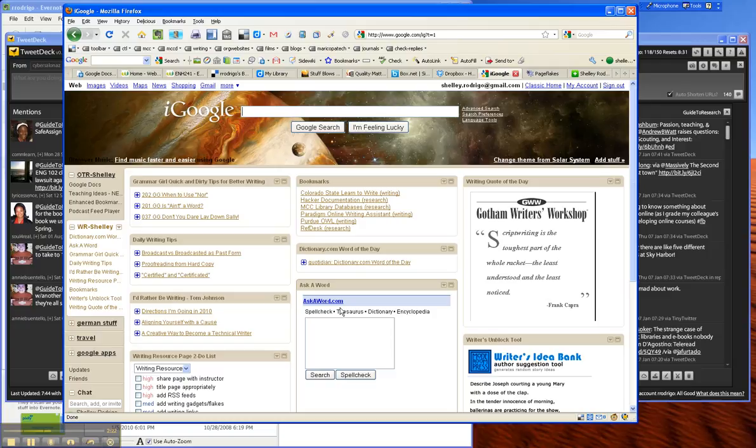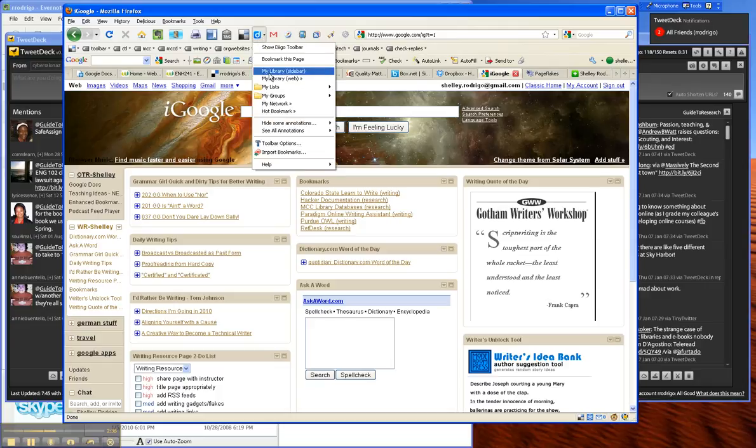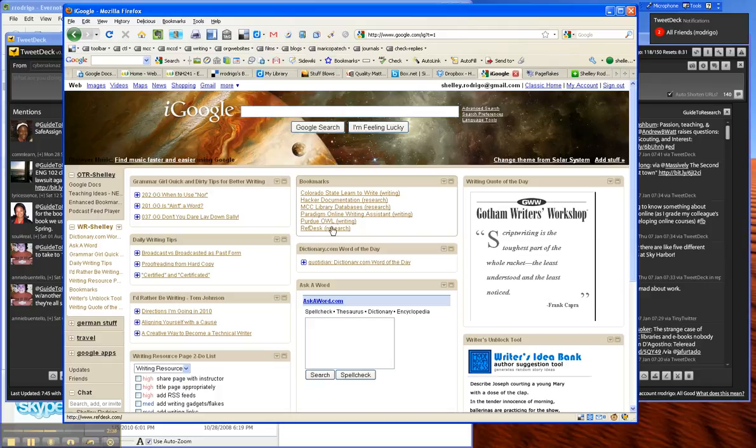A personal portal can have bookmarks. However, adding bookmarks to this little thing is not nearly as easy as up here just clicking this little tag and adding to my Delicious, or clicking this little Diigo button here and bookmarking to my Diigo. So part of this is about ease. Also,